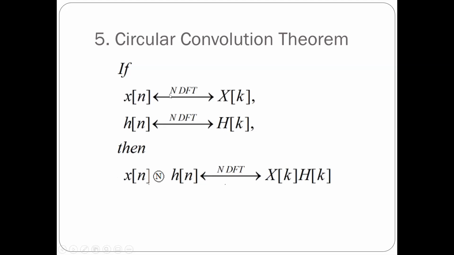Now you put P minus 1 zeros at the end and make the length equal to L plus P minus 1. So here the length is equal to P. Put L minus 1 zeros and make the length equal to L plus P minus 1. And then compute the L plus P minus 1 point DFTs. So n is equal to L plus P minus 1. Compute the L plus P minus 1 point DFT.